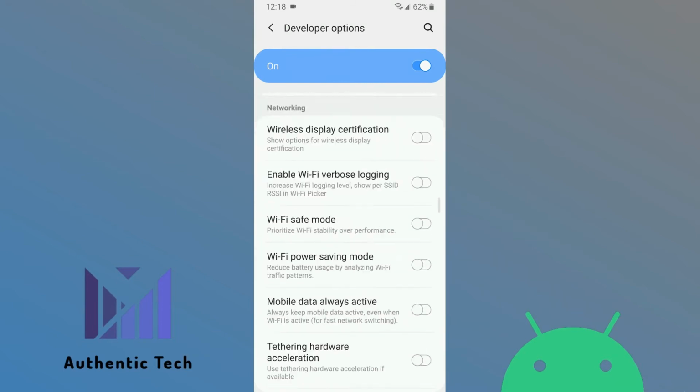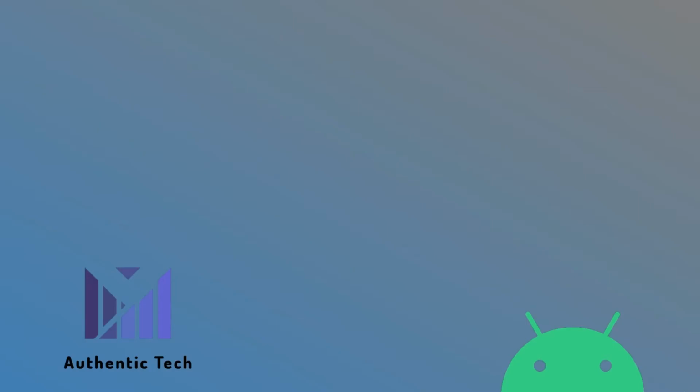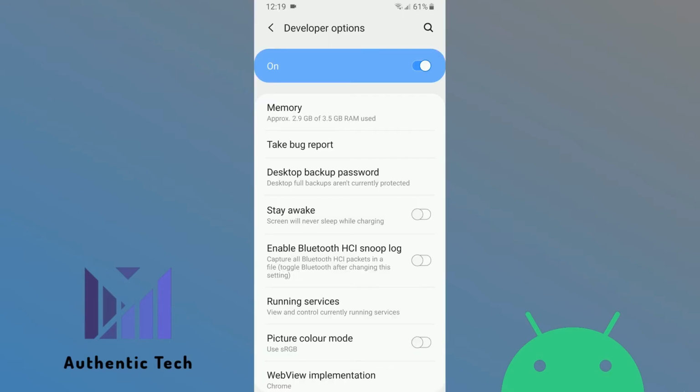Now you're going to see a lot of settings in this menu, but don't be overwhelmed. This video will walk you through everything you might want to change. Now I'm going to go through definitely not all of the settings, but all of the ones that may matter to you and may improve your experience with your device. So I'm going to go through these in order from top to bottom,